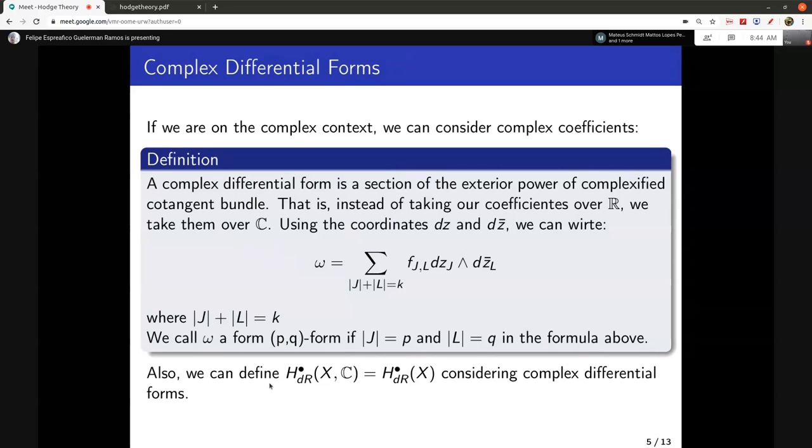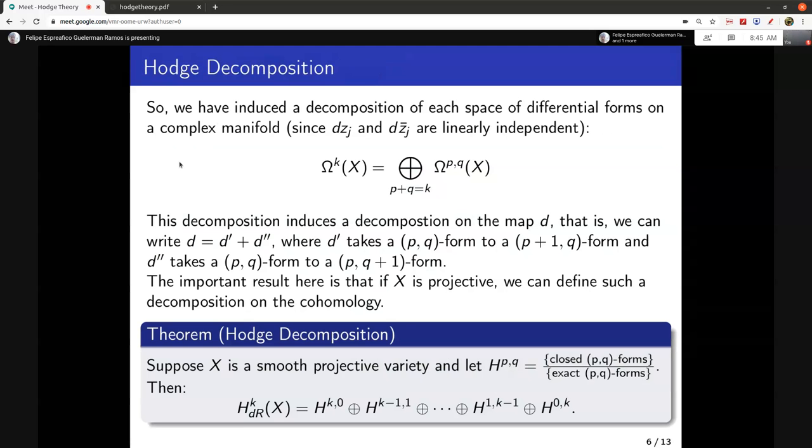And of course, we can always consider the de Rham cohomology the same way. We are going to omit the C here because all of our manifolds will be complex, so every de Rham cohomology will be over C. So you're just going to omit this C from now on. Okay. And so, of course, these dz_j and dz̄_j are linearly independent because